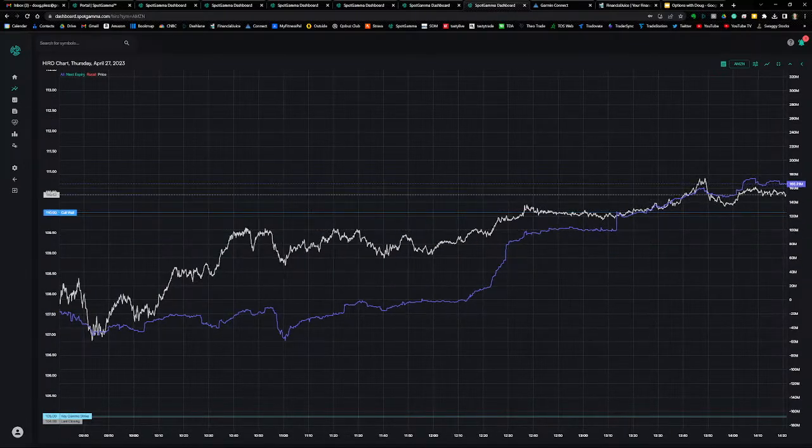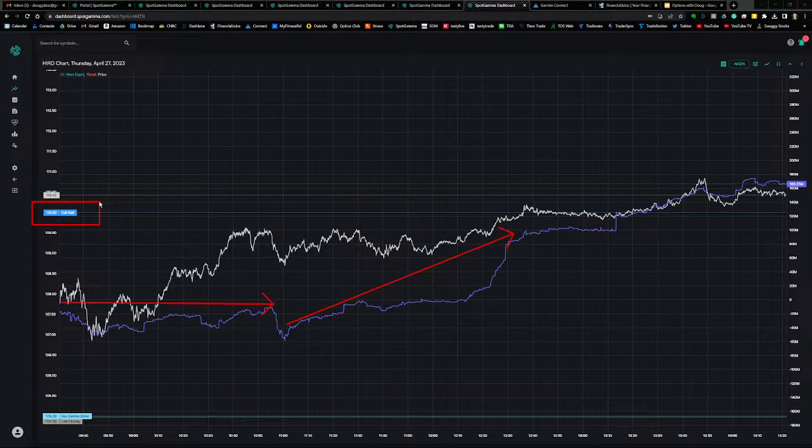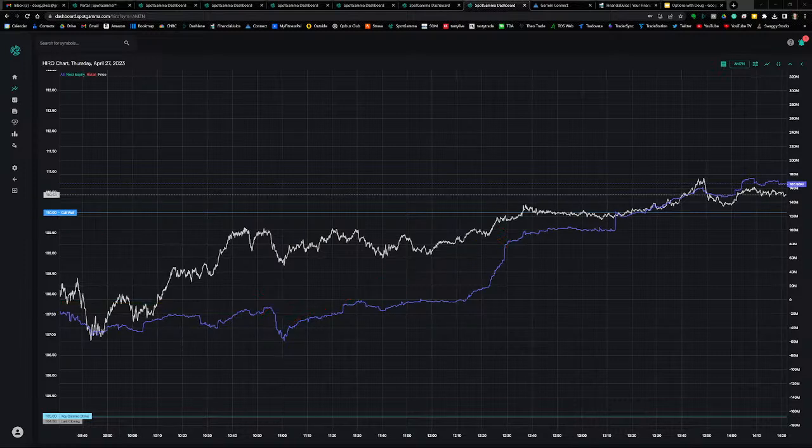So Hero was pretty flat until about 11 o'clock. Takes a dip, and then Amazon starts to trade higher with the 110 call wall as a target. Now price is trading above the 110 call wall. It has breached the call wall. Let's go back and take a look at Bookmap.